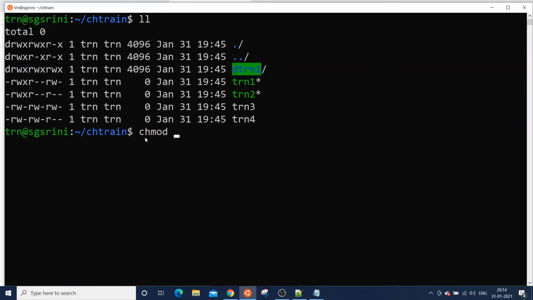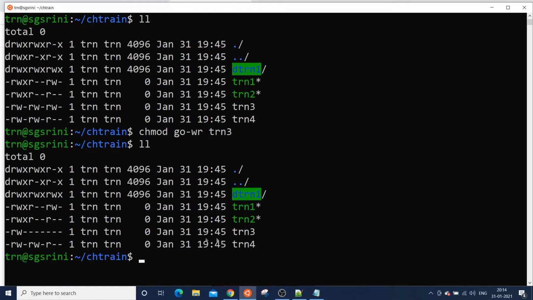So chmod, I want to remove for the group and others the read write permission, then the file name. So let's see the permissions for train3. We have only read write permission, as expected, for the creator of the file.